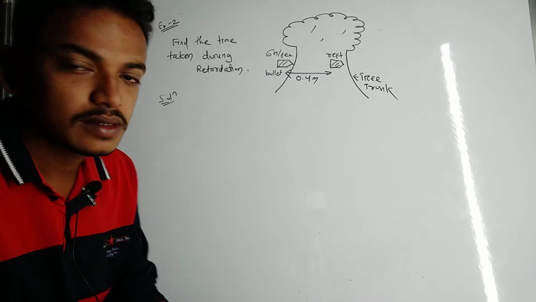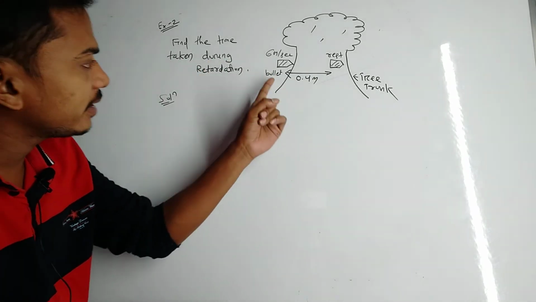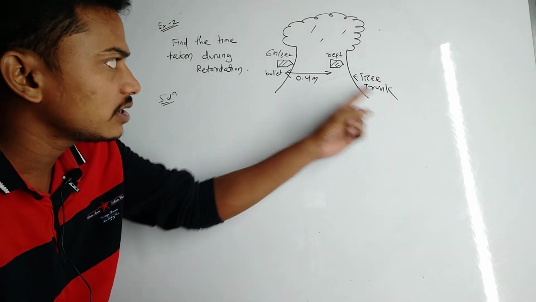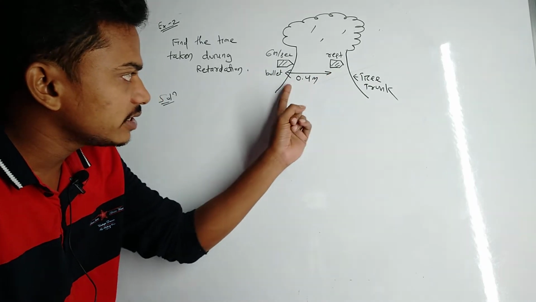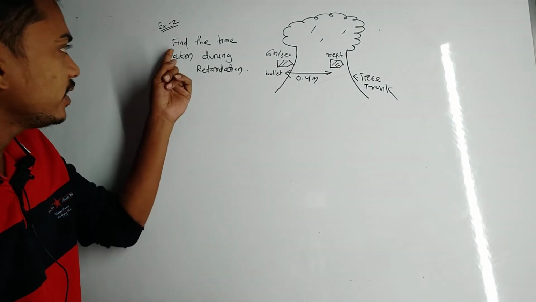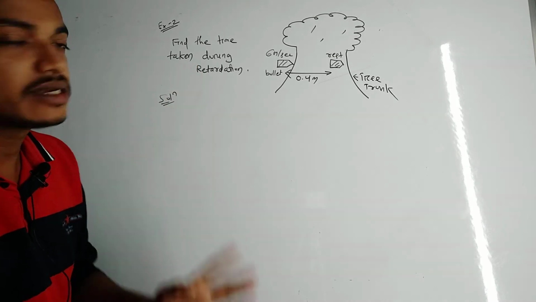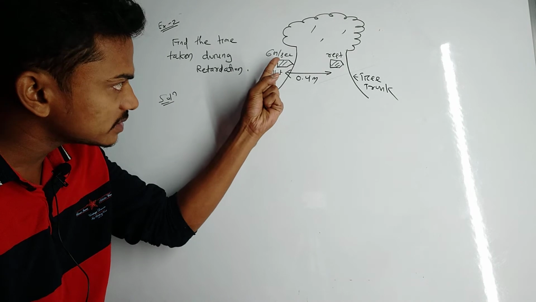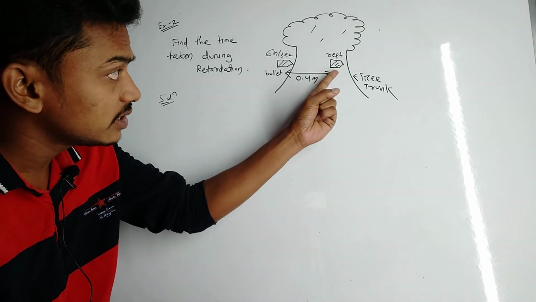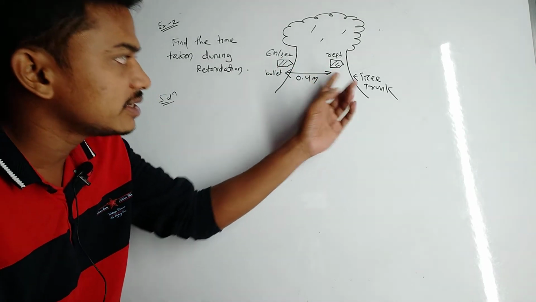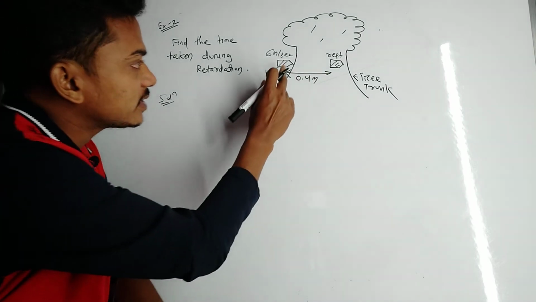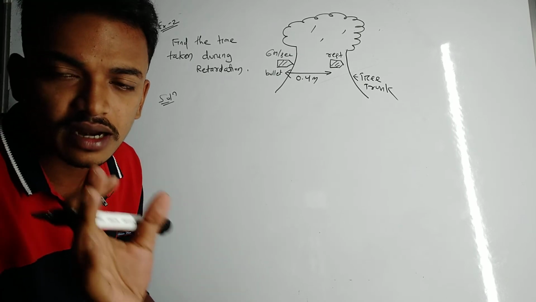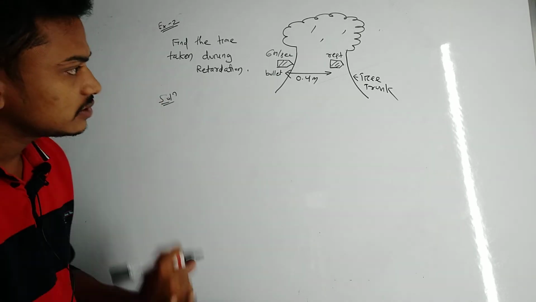Example 2. A bullet is traveling with a speed of 6 meter per second, penetrates a tree trunk, and comes to rest in 0.4 meter. Find the time taken during the retardation. Retardation means the speed decreases, deceleration. Here the speed is 6 meter per second, then the bullet comes to rest, so the speed decreases and it is a retardation. Find the time to stop the bullet. Pause the screen and try to solve it yourself. Now see the solution.